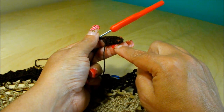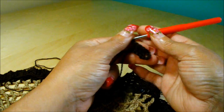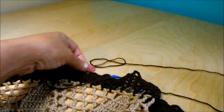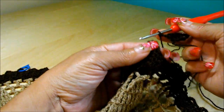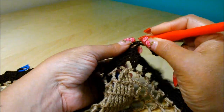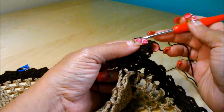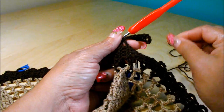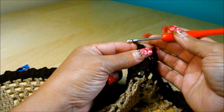I chain 4 for my 4 double crochet, 5 for the loop, and I did my 4 double crochet. I chain 2, and I'm going to come here between these 2 markers, and it's exactly the same as the other top. The only difference is that the strap is going to be narrow in the top. That way it's narrow for the strap that we're going to create for the back. Chain 2,